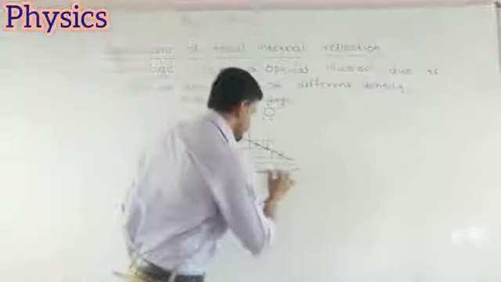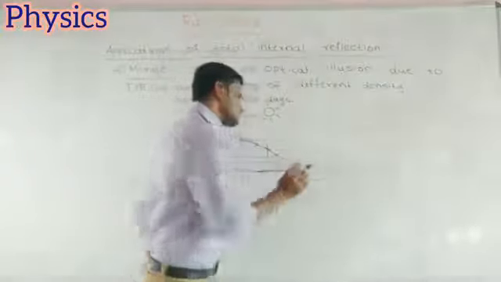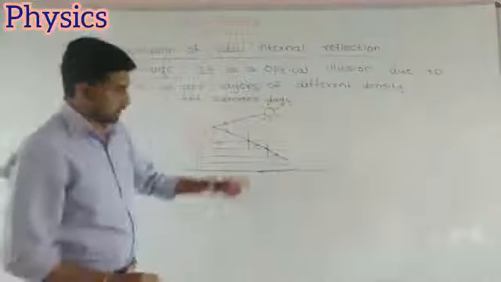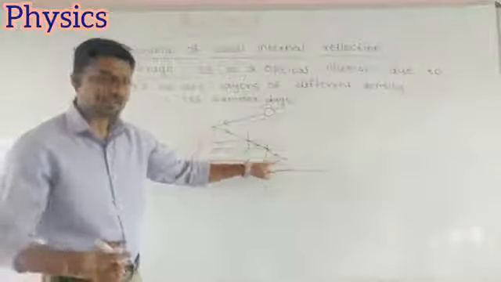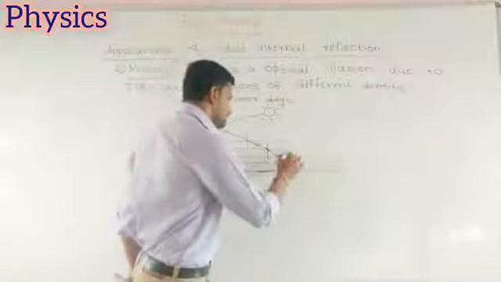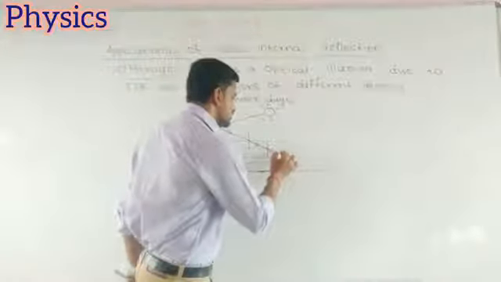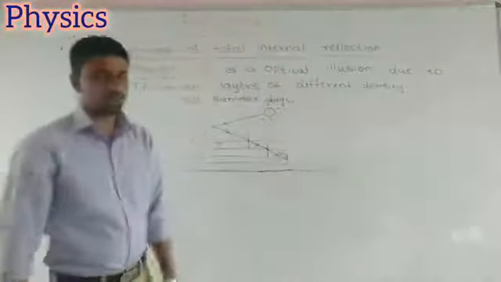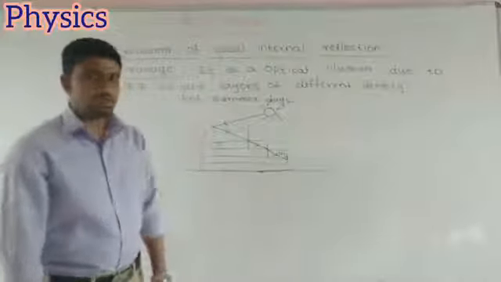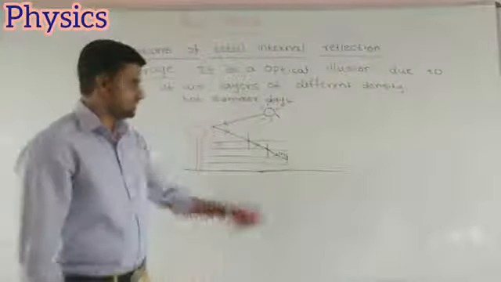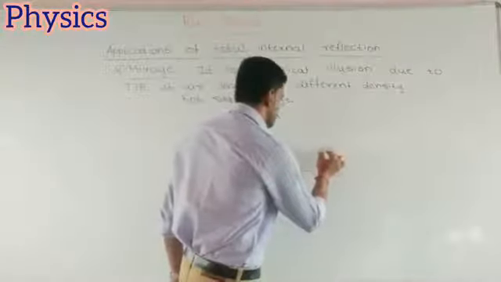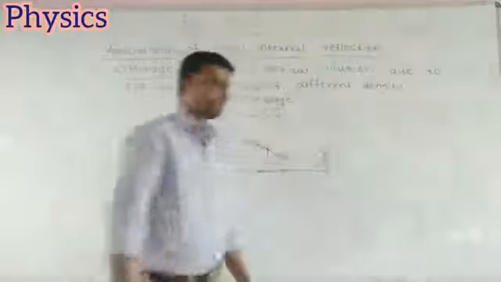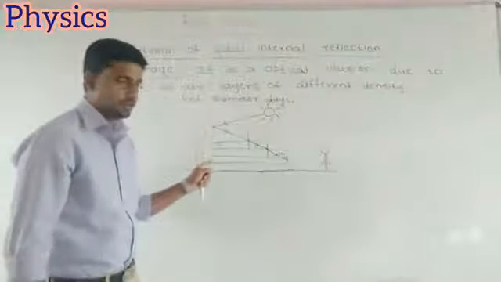Suppose that at a particular angle of incidence, the angle of incidence is greater than the critical angle. Then the incident ray totally reflects back into the same medium. Okay. Then suppose a person is observing this object,